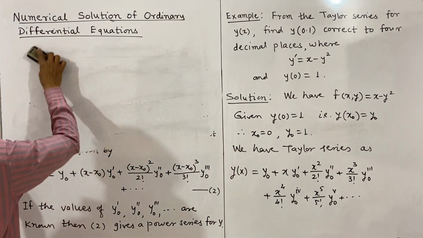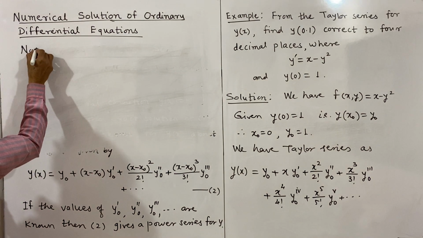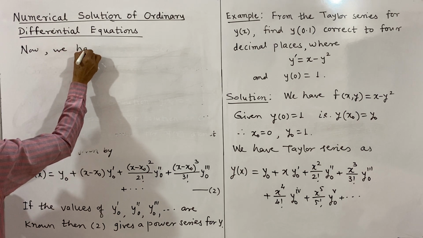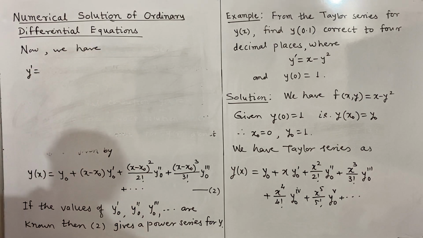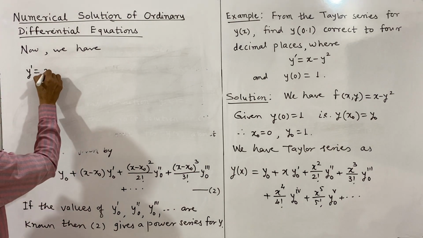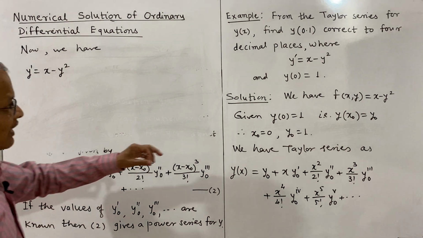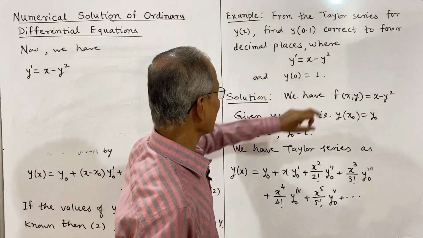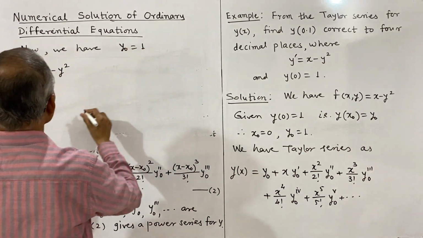Now what is y dash, that is given. y dash is x minus y square, and therefore the first value is given as y naught is equal to 1. So we have y naught is equal to 1, and y dash